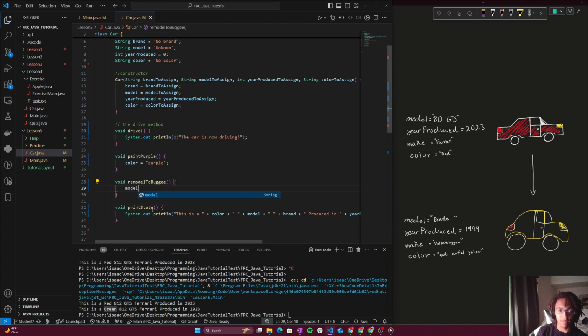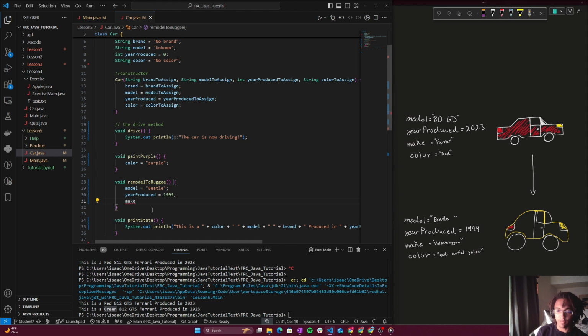So it's going to take the model equals Beetle, and then the year produced equals 1999, and the make be assigned to Volkswagen,